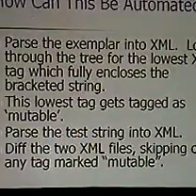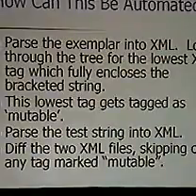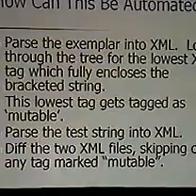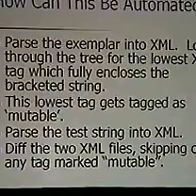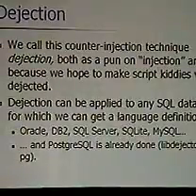So once we know which substring we want to ignore, we parse the full query, we store the tree as XML, and we look in the parse tree for the lowest node which completely encloses that substring. Then we decorate that node with an attribute indicating that it's mutable. So when a user submits a query, we then parse that into an XML tree as well, and we diff the two XML files, skipping over the subtrees of any node that has the mutable attribute set. This way, any attempted injection leads to rejection, which leads to dejection.